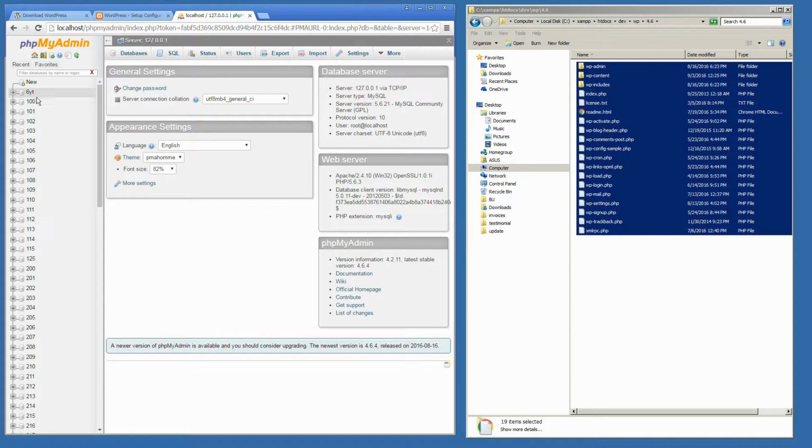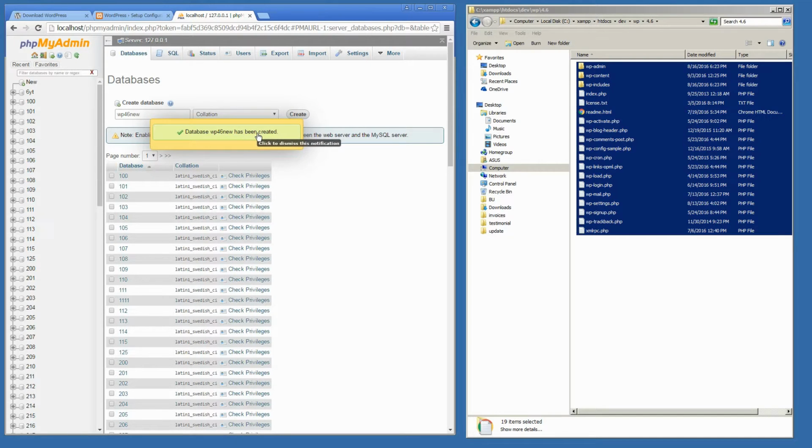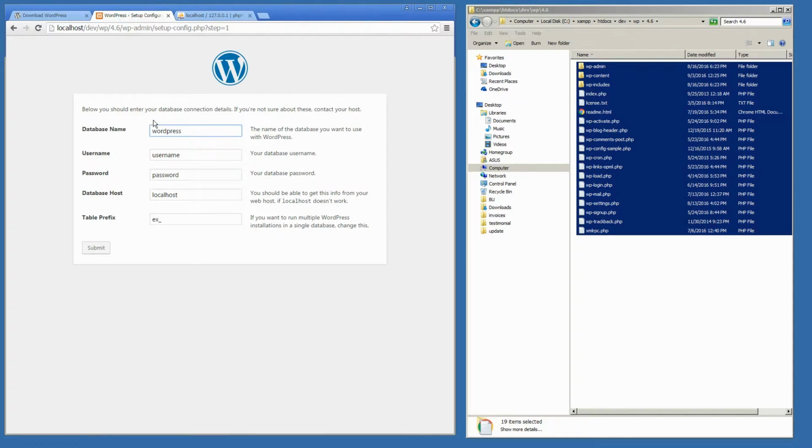And these are all the databases down the left-hand side. And in this case here on this menu that says databases, I click it. And now I have the option of creating database, which I will. And I'm going to call it WP46 new, just for all purposes. I press create. And the database has been created. So I can copy that, go back to here,